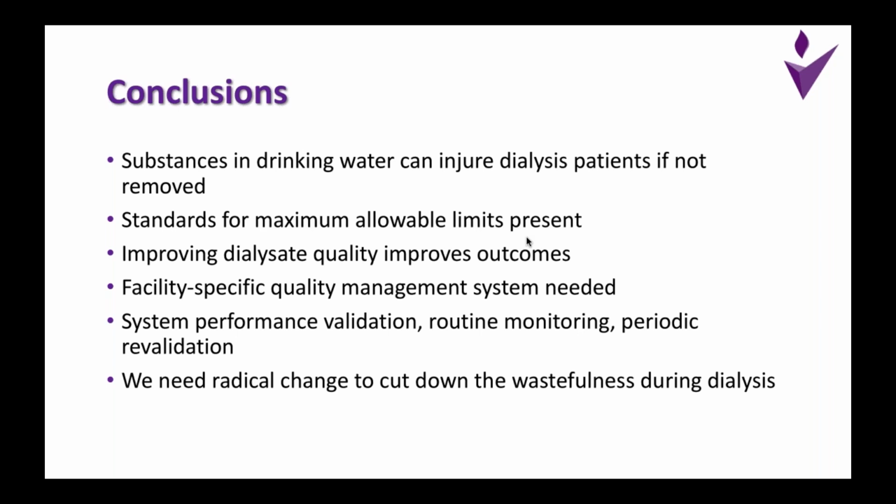So what I did over the last 30 minutes or so is to talk to you about a few high-level concepts that drive setting up and maintaining and monitoring a water treatment plant during hemodialysis. And what are the future issues that we will need to confront? And if we need to be leaders and role models for people setting up dialysis units, then we must look at these parameters. Now, I'm sure you have a number of very specific questions, like what to do in this one given situation, or where to send your water for analysis, and those are